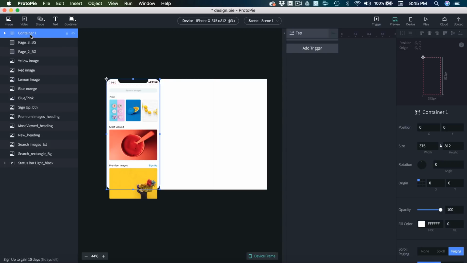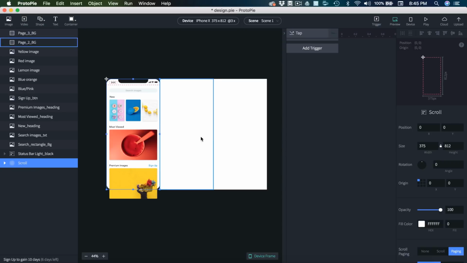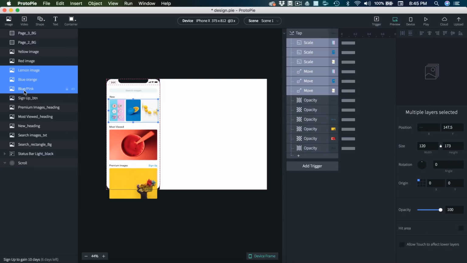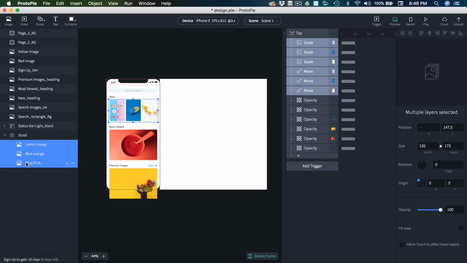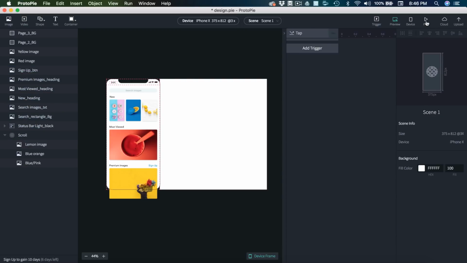What we need to do is rename this to something. I'm going to call it scroll. And I'm just going to drag this all the way down to the bottom. And everything inside of here is going to actually move. So I'm going to expand this. It's like a group. So we need our three images, of course. Blue, pink, blue, orange, and lemon image, and just drop those in there. And if we click preview,